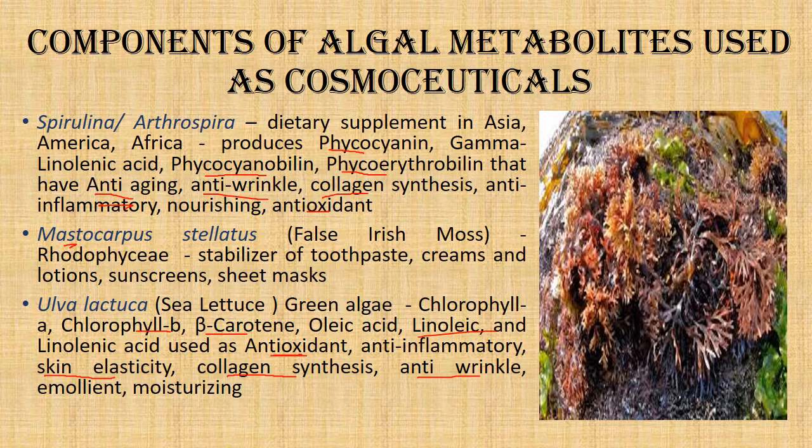Now, the third algae that we are going to discuss is Ulva lactuca, commonly known as sea lettuce. It is a green algae that looks like a sheet of green folded material, and it is very beautiful looking. It is also found in the intertidal region in the coastal area. During high tide it reaches the beach or shore, but when the tide falls away, it is deposited on the shore.